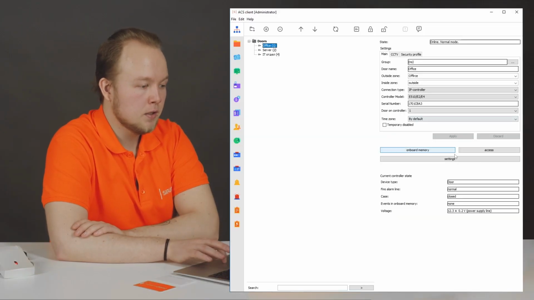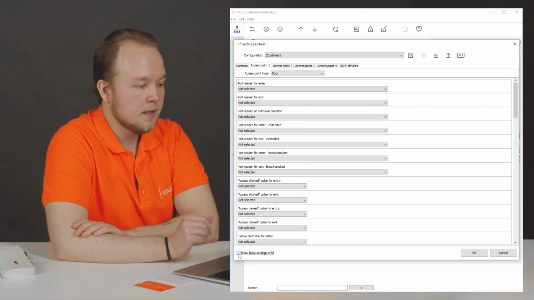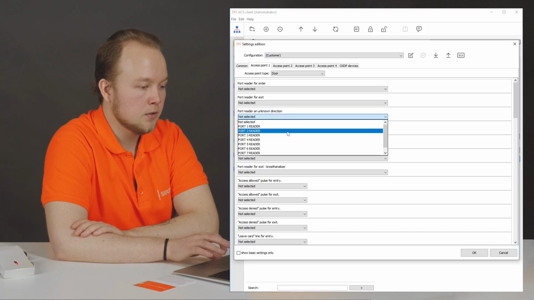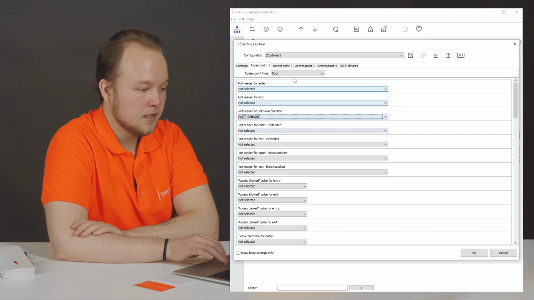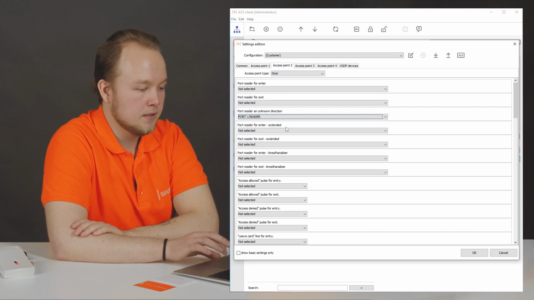Subsequently, we proceed to open the Equipment tab, choose the required access point, and navigate to its settings in order to make the necessary configurations. In the Settings Editing window, we again specify the pocket readers as readers of unknown direction. In my case, I will specify the readers for 2 access points. In the case of Wiegand, I employed port 4 and will explicitly specify it on the tab labeled Access Point 1. For OSDP, on the AP2 tab, I'll specify the used port 1. Next step is,